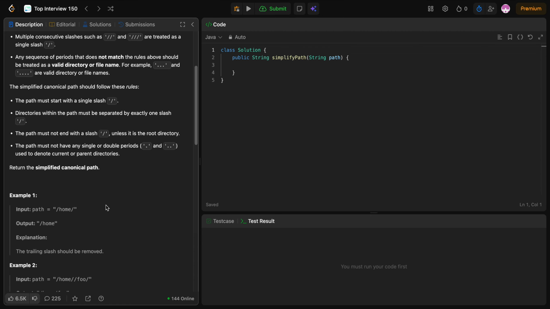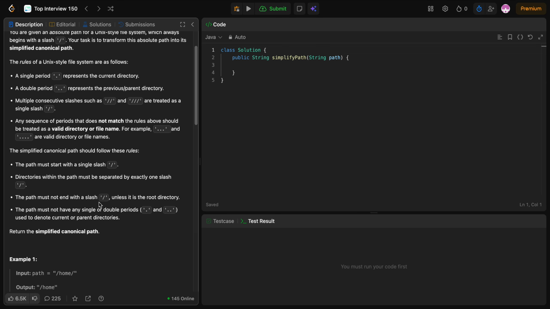So the first thing I want to do is carry out this rule here, so we can convert all